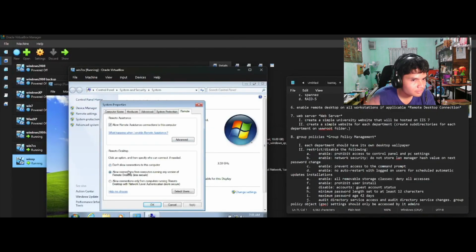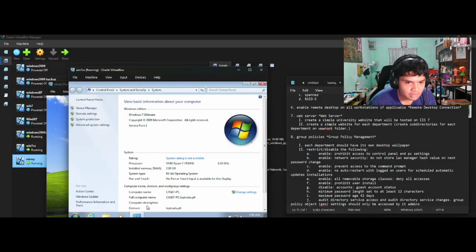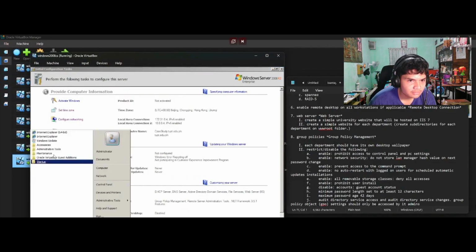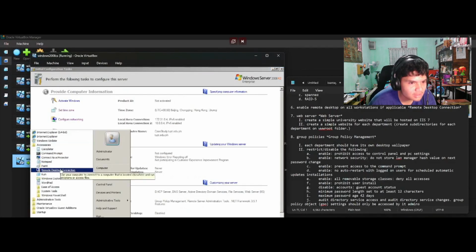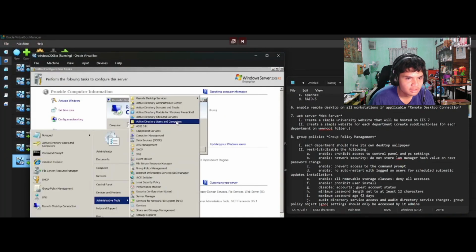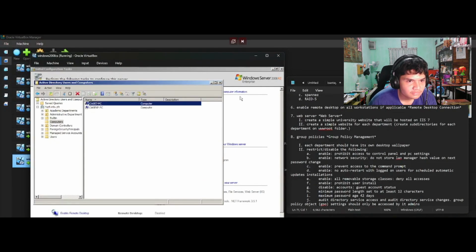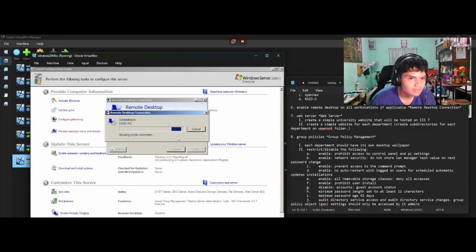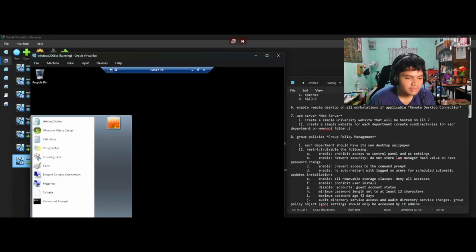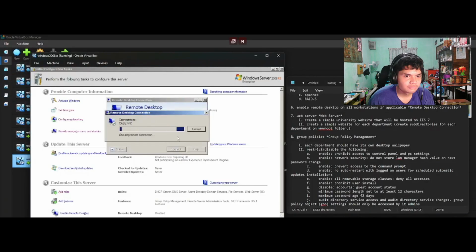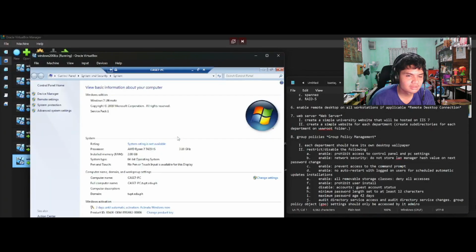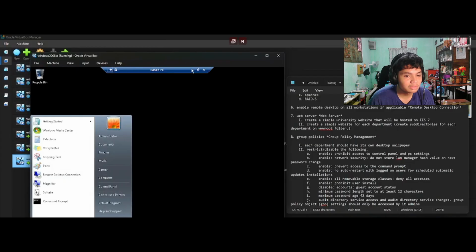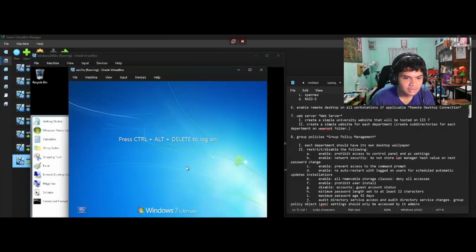So first we need to go to our Windows 7 and Windows XP and allow connections from computers in any version. Then next you need to go to accessories, then open remote desktop connection, then go to active, then press the PC that you want to use, then put it there, and it's gonna connect. Then afterwards, there we go. If we opened it, it's gonna remote access that PC without the background, of course.